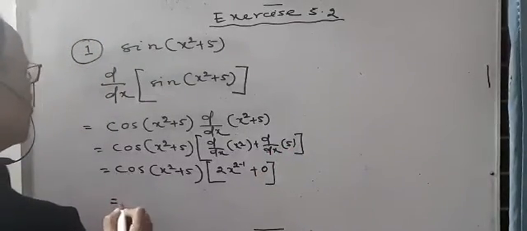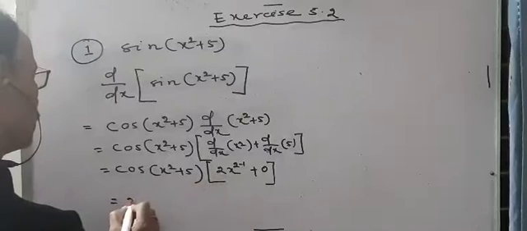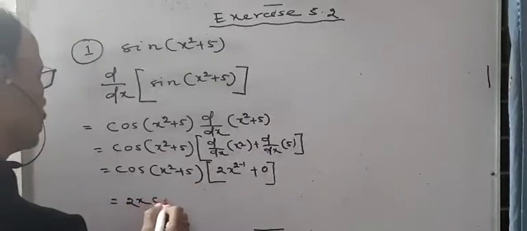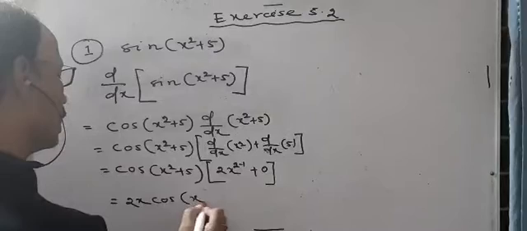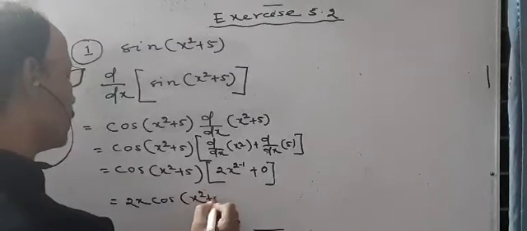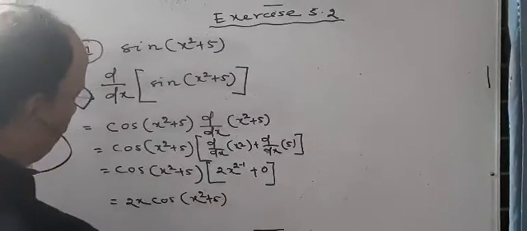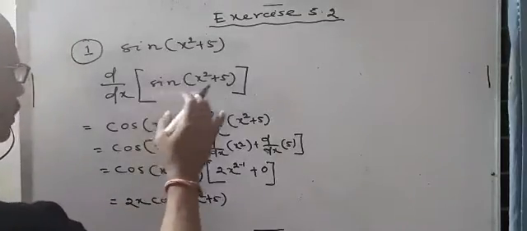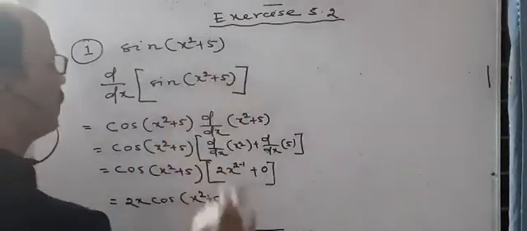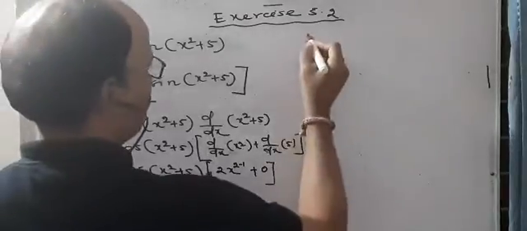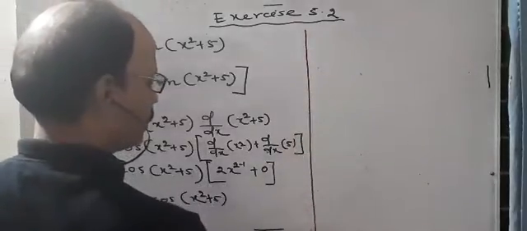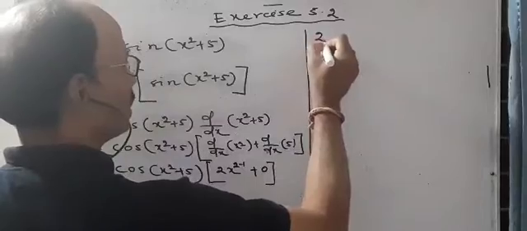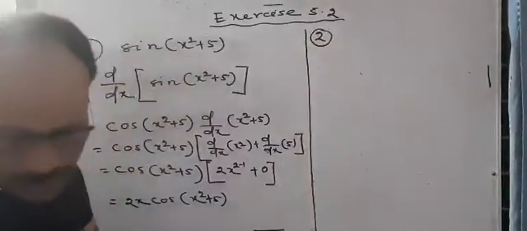So you can write it as 2x cos(x² + 5). So this is the derivative, or differentiation, of this function sin(x² + 5). So now let's do the second question. The second question is given